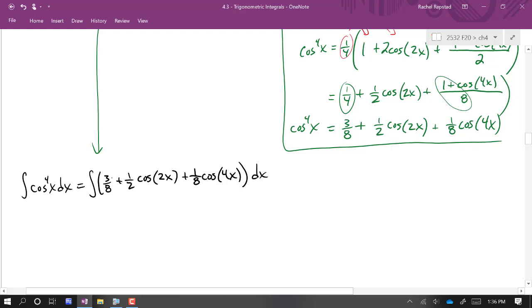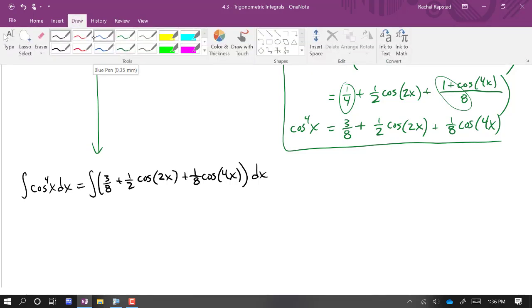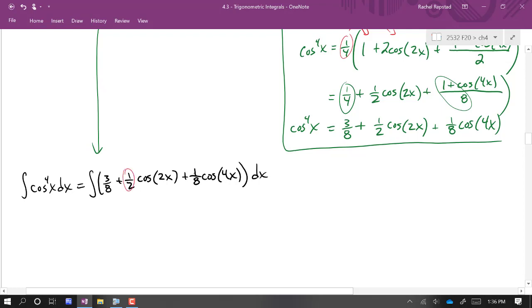Now we've got all these different terms, so I'm going to split it up over addition. I'm going to split up the integral, and while I'm at it, pull out these constant factors outside of their own integrals. So we've got the integral of 3/8 dx plus 1/2